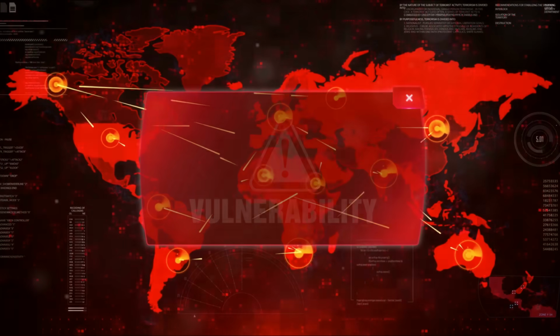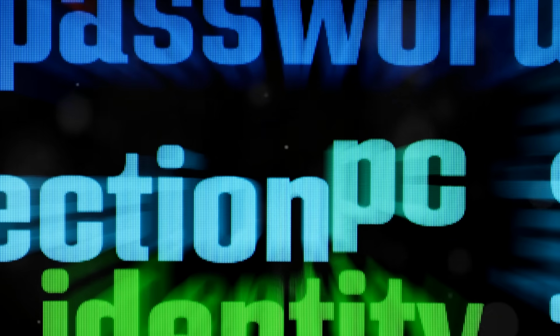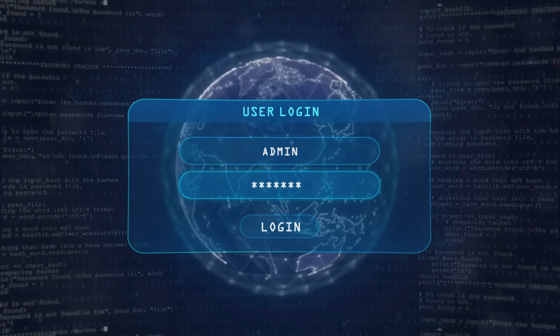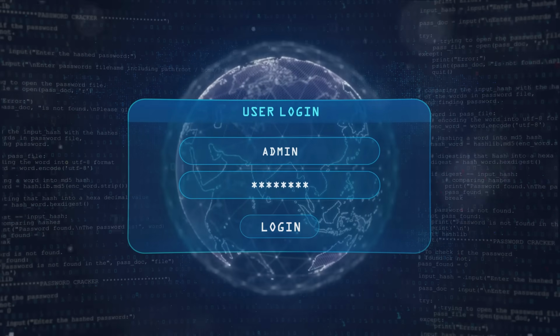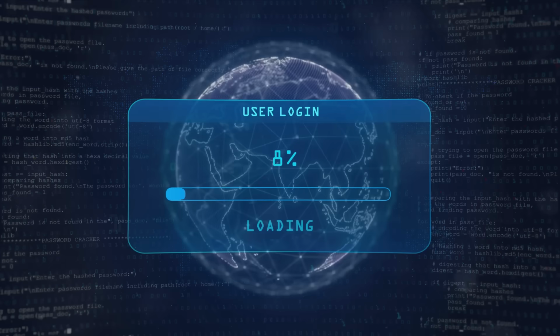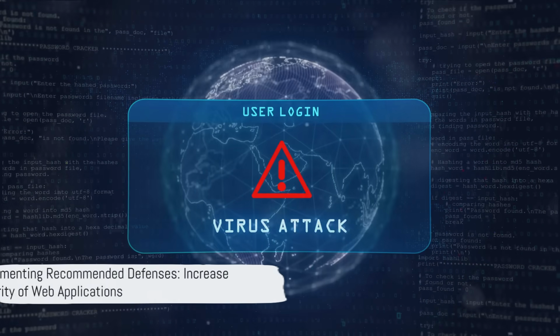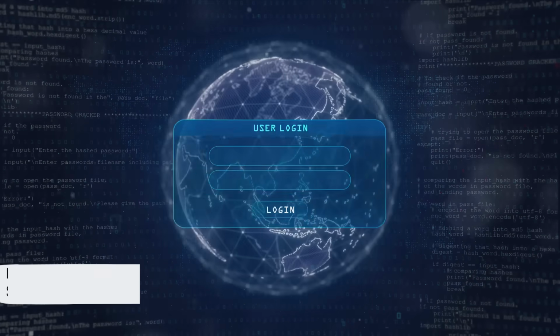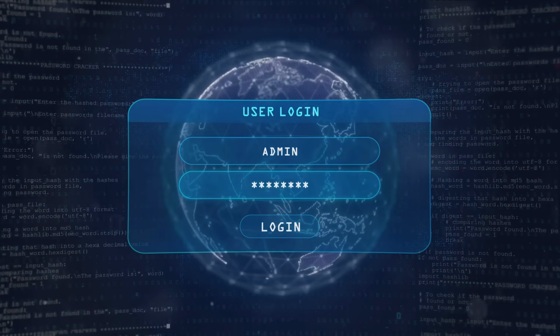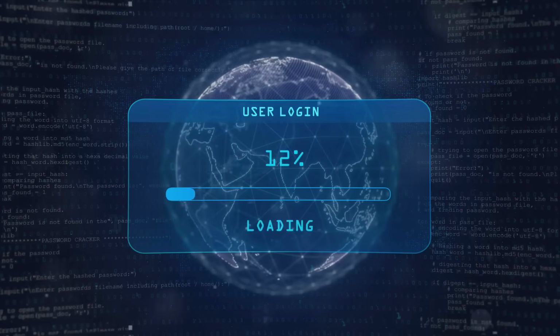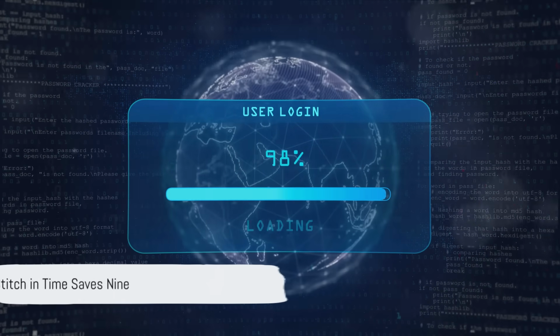In summary, the most common web application vulnerabilities, as listed by OWASP, are injection, broken authentication, sensitive data exposure, XML External Entity, broken access control, security misconfigurations, cross-site scripting, insecure deserialization, using components with known vulnerabilities, and insufficient logging and monitoring. By understanding these vulnerabilities and implementing the recommended defenses, you can significantly increase the security of your web applications. Remember, a stitch in time saves 9 in